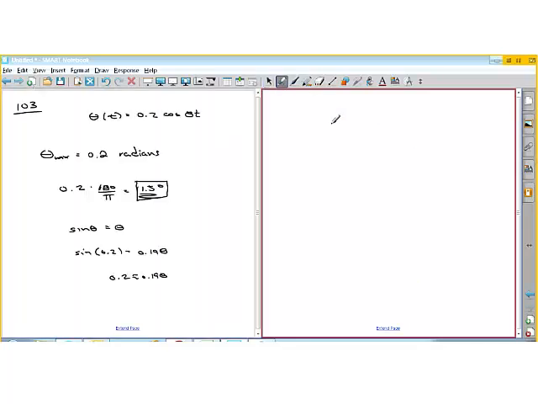Now, the second question is, what is the rate of change of theta when t equals 3 seconds? So the rate of change of theta, and since it's a function of t, we don't have to use implicit differentiation because the variable we're taking the derivative with respect to is the same variable that the equation is defined in. So we just have to use the chain rule. If you remember, what we did to find the derivative is we took the derivative of the cosine, which was a sine. We kept the argument the same, and then we multiplied by the derivative of the argument, which is 8. Derivative of t is 1, so you get 8 times 1. So the answer, 8 times 0.2 is 1.6 sine of